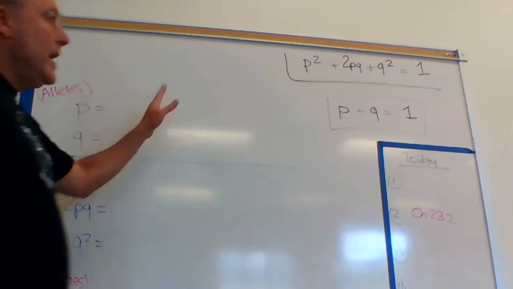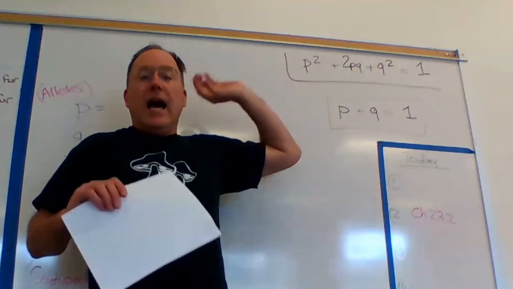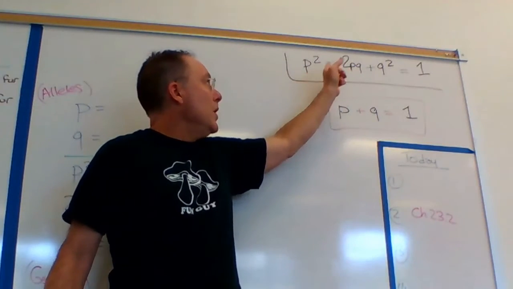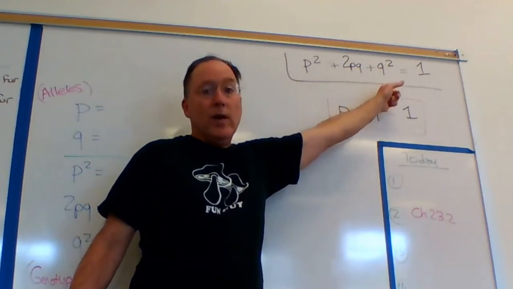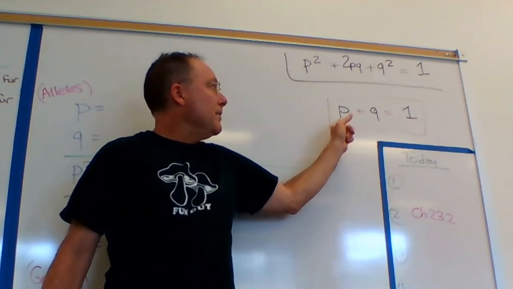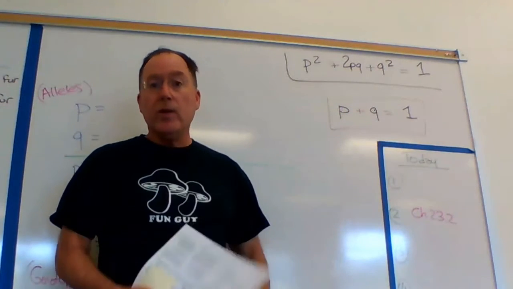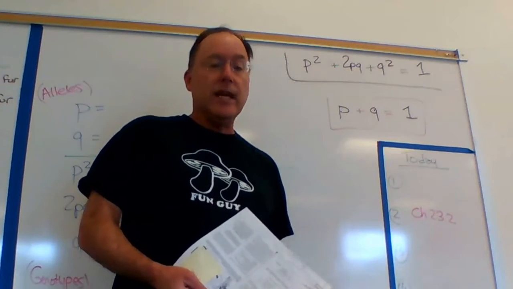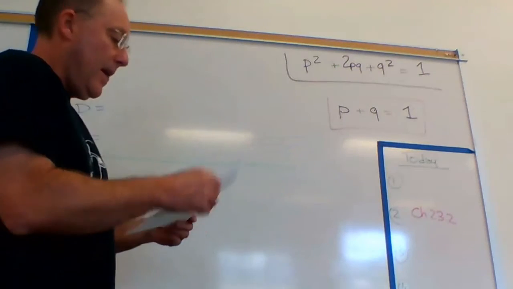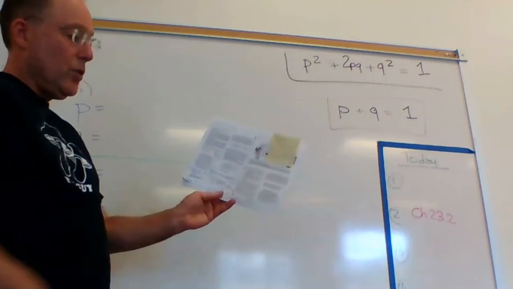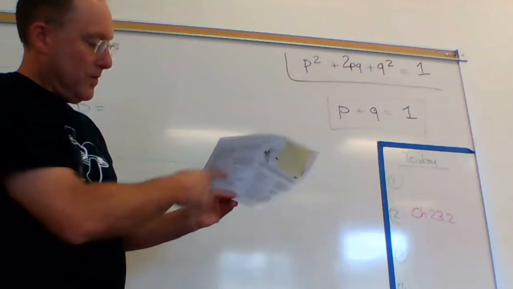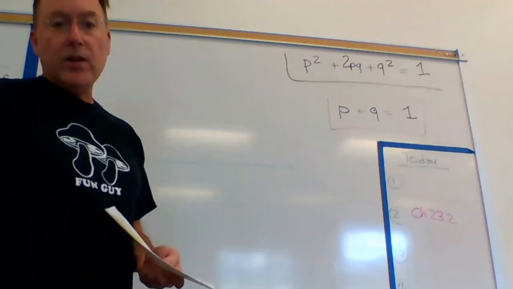Okay, so what I'd like you to write down at the top of your page is this: p squared plus 2pq plus q squared equals 1, and that p plus q equals 1. And I'll tell you what those algebraic letters mean in just a second. Just write that so you have that. You can also see that here in our square, down here at the bottom. This one has my notes on it, but you can see it on your square as well.